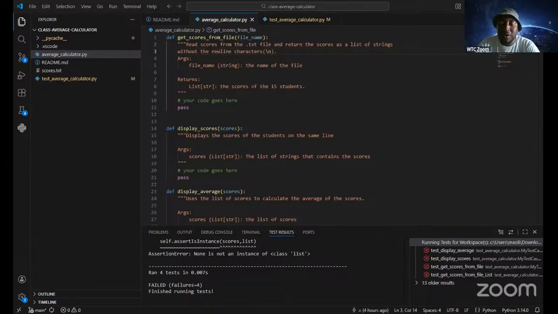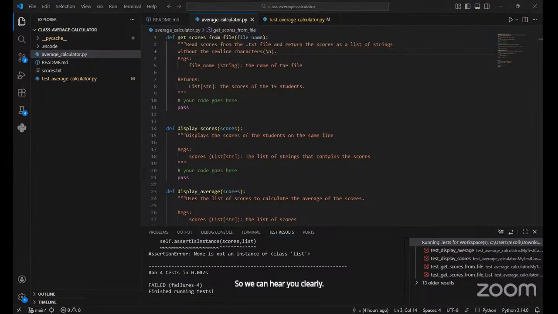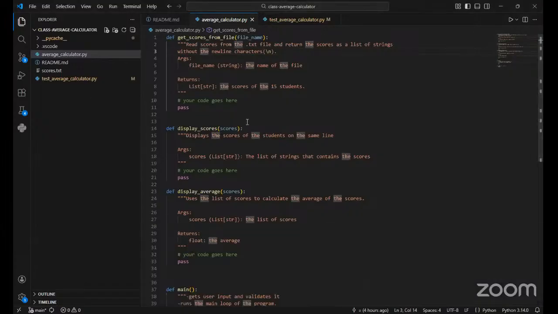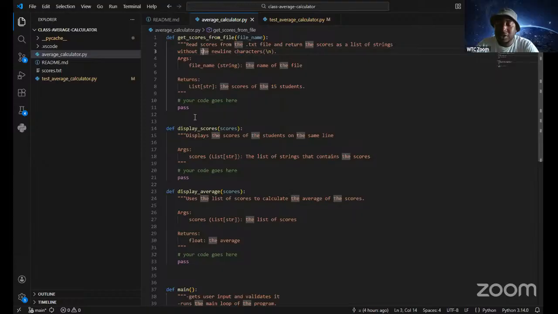If you have headphones on, please maybe try disconnecting them so we can hear you clearly. Have you disconnected them?